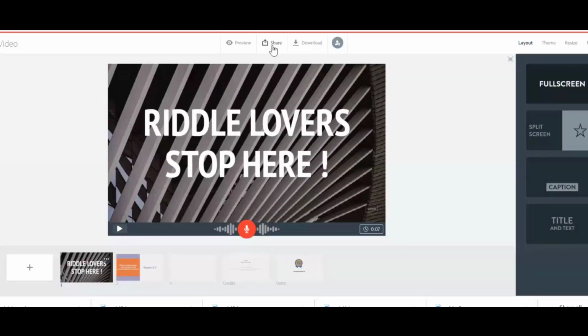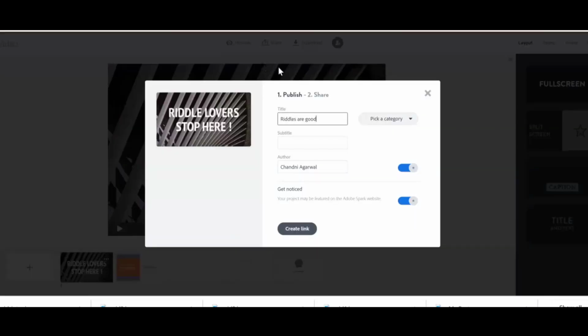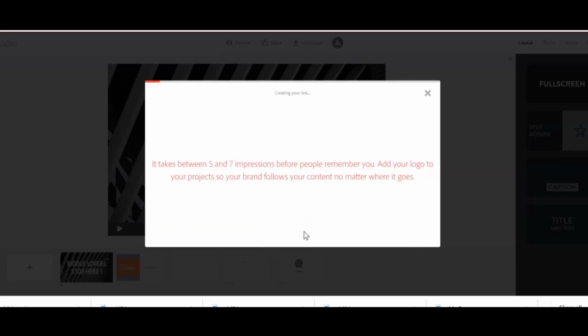So when I click on share and say publish, riddles solved. Here you can give any subtitle, pick a category. This category say education, create a link. So now it is creating a link.